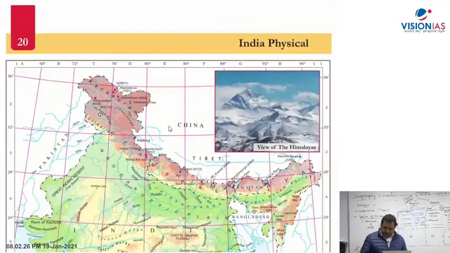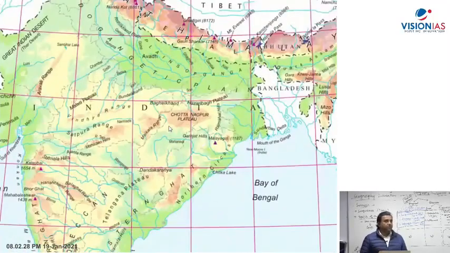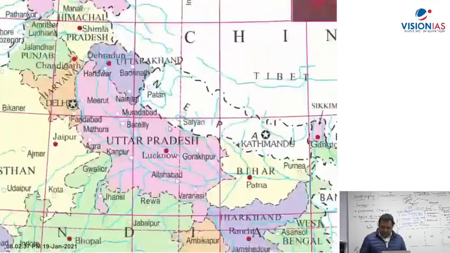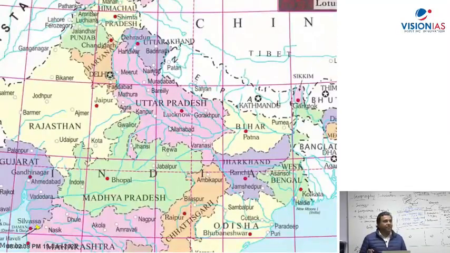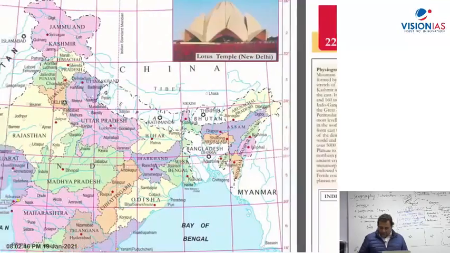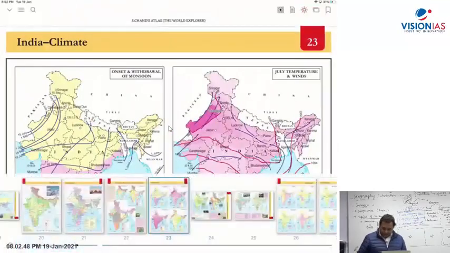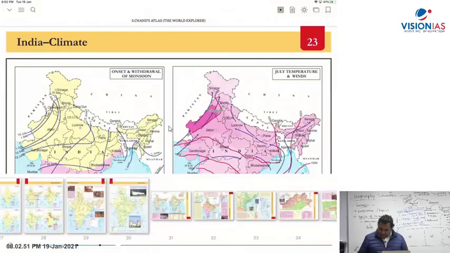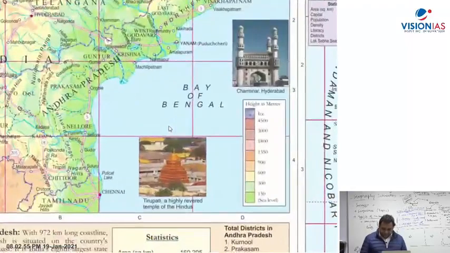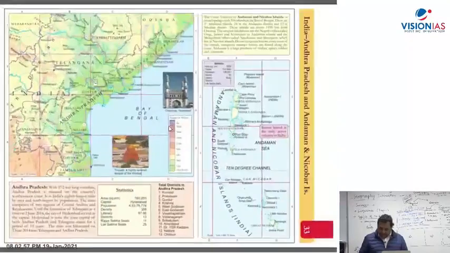This gives you India physical. They are giving you different rivers, plateaus, plains, etc. And this is India political, where they have given you different states and their capitals and their cities and towns. This is political. Now, when you see this atlas, for example, you find here that they have given you different state maps also. So they have given you one for Andhra, then Andaman Nicobar,